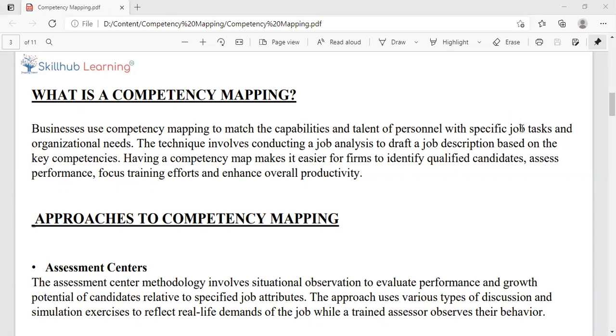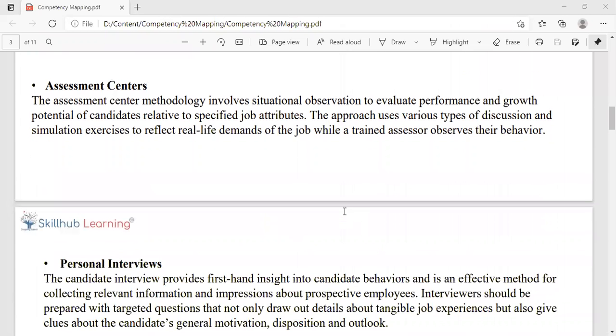So competency mapping is a process of identifying those inherent abilities that a candidate must have in order to perform in a particular job. The root comes out of the job analysis. If the job analysis is thoroughly done, it will help us understand what should be the skills and abilities that are good for the job. So that's the process of competency mapping.